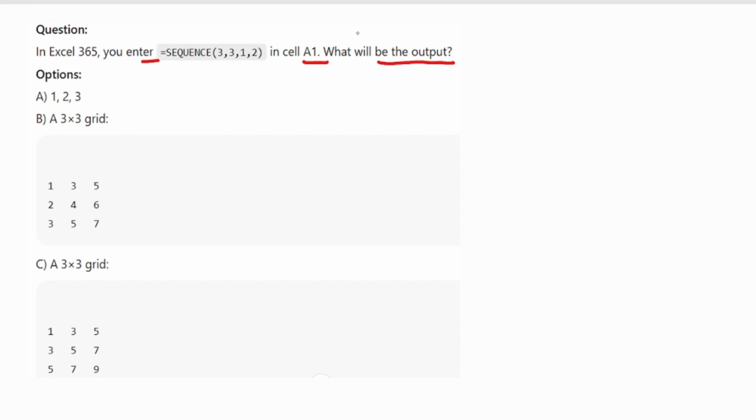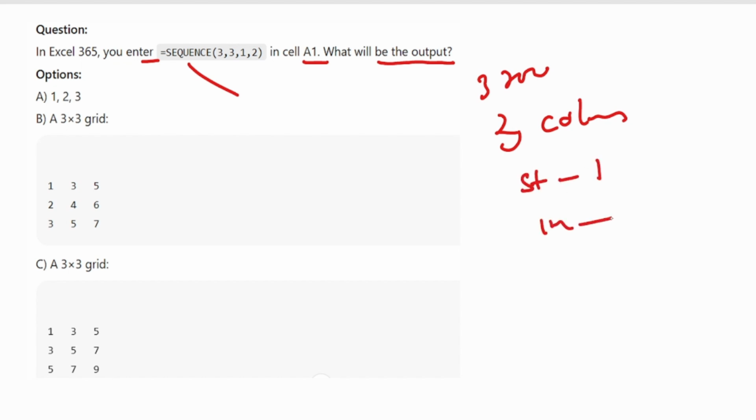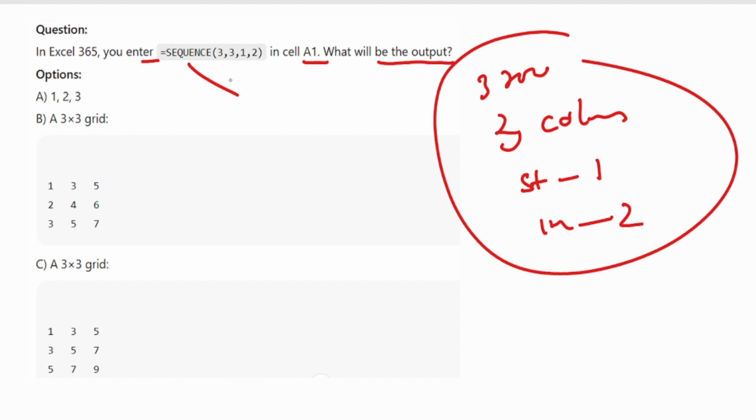So here, SEQUENCE(3,3,1,2) creates a 3 row, 3 column array, and it starts with 1 and increments by 2. The first 3 is for rows, the second 3 is for columns, the 1 is for the starting value, and the 2 is for the increment.